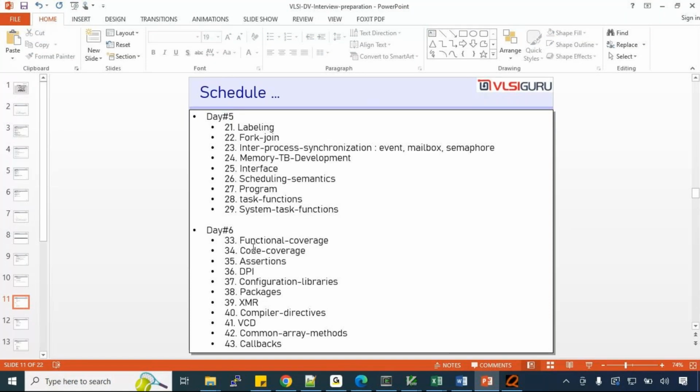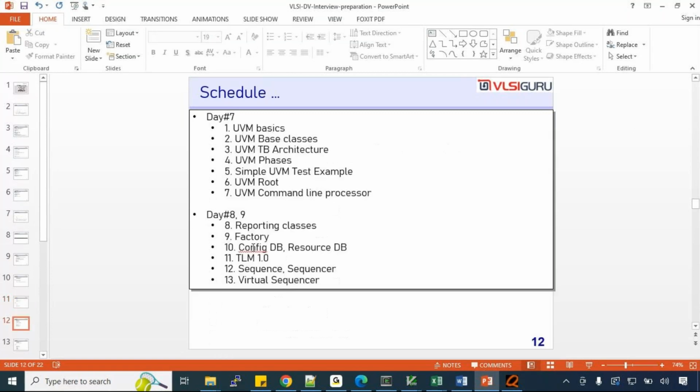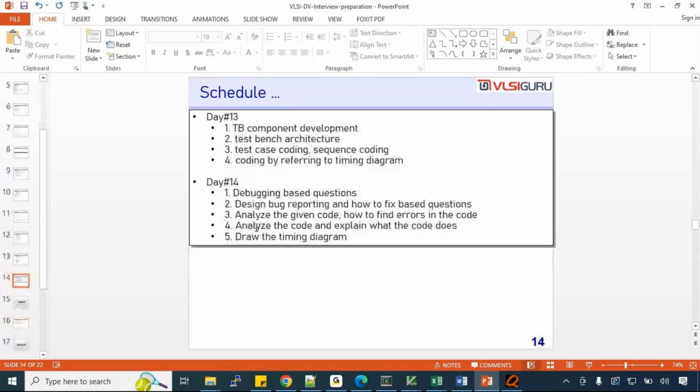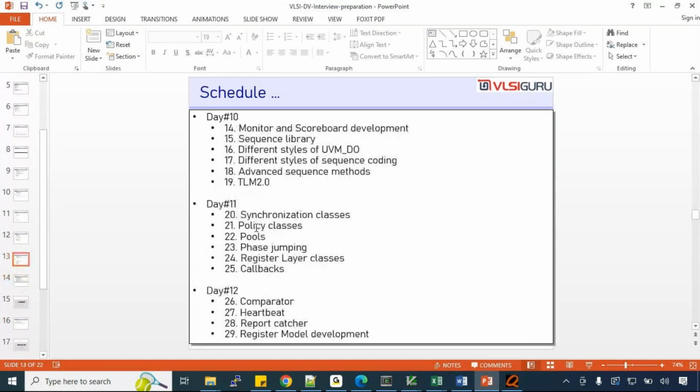Rather, have we covered the important part of the questions? That's what I will also be focused on. Day 7 onwards, we'll be focusing on UVM, and up to that is still 12 days. When I say day 12, it means one Saturday is like day 1, Sunday is like day 2, next Saturday